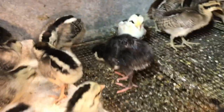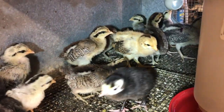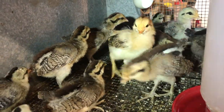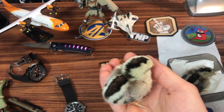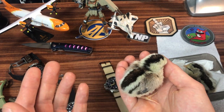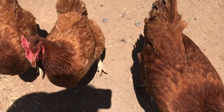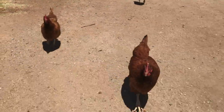Look at that little buddy. You go, cute. And this tinier one, he was totally chillaxed before. There you go. Normally I've been trying to get them kind of hand raised, you know? I don't really like how you have them and you don't interact with your chicks and then they end up all skittish and weird. Although it's kind of a balance, because you don't want them to be the types that follow you around like a dog. So you walk and the second you step out the door, they follow you in like a little procession. I mean, it's cute as a button, but it's kind of a pain if you're just trying to run around